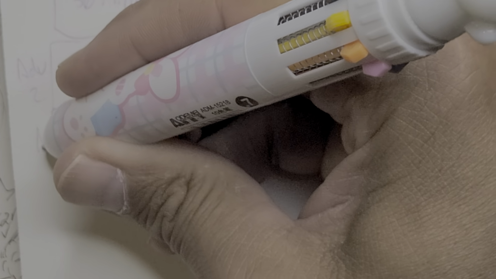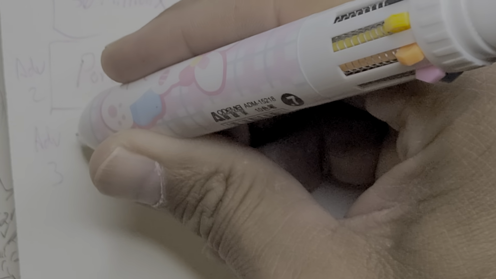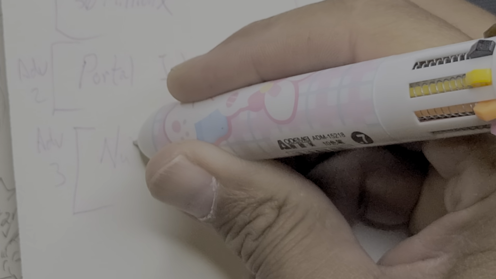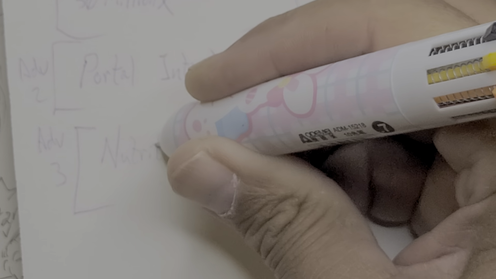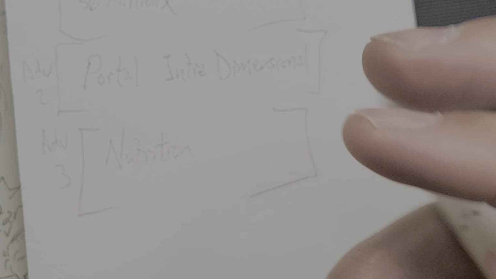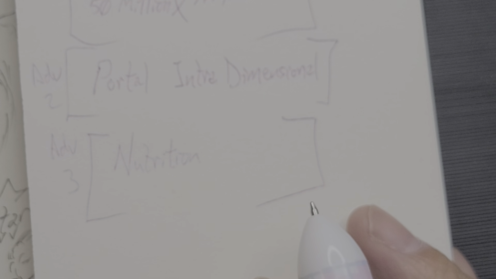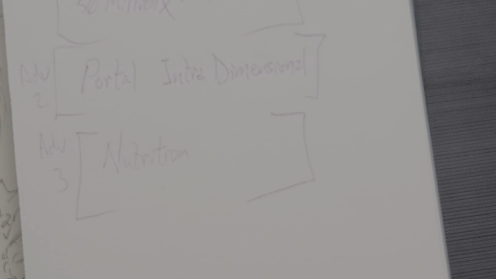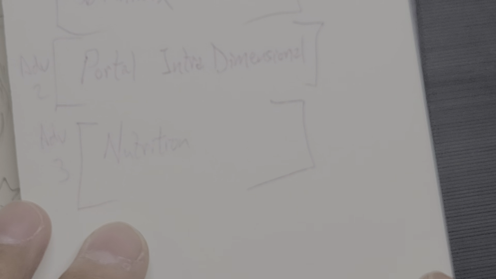And the third advancement is nutrition. We'll see how this is important soon enough. So, let's say that scientists, as well as government officials and military personnel, they love acronyms. This is important to make note of because